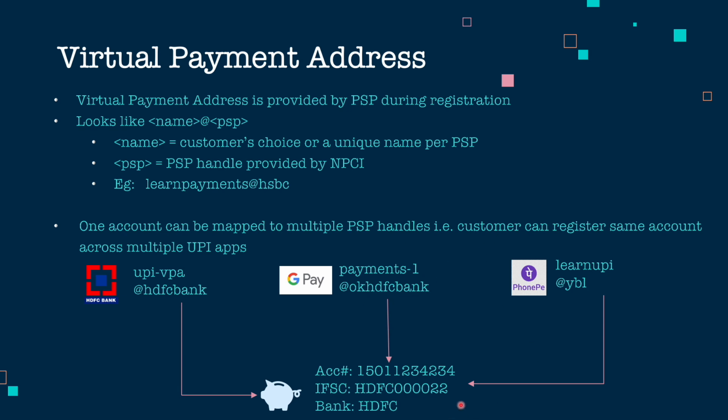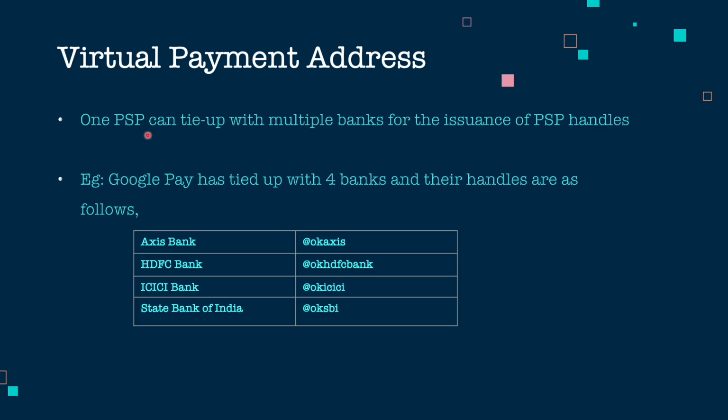And let's say I am taking the same HDFC account and then registering in PhonePe, then I would have something like @YBL, which designates the payment handle that NPCI provided to PhonePe. So one particular bank account can have any number of UPI handles based on how the customer links that particular bank account with different UPI apps. So one PSP can tie up with any number of banks to get the PSP handle. As on today,